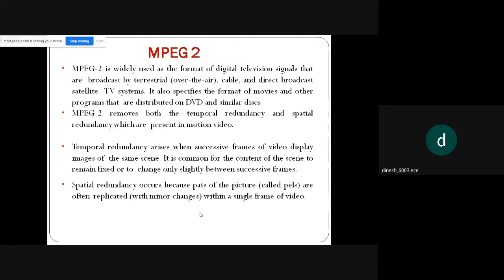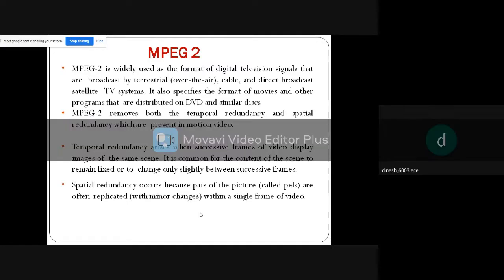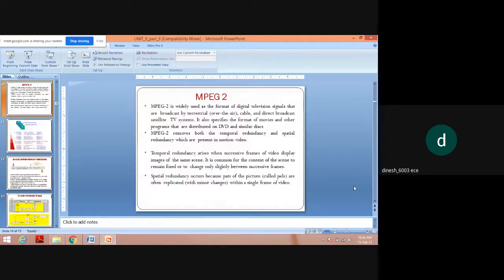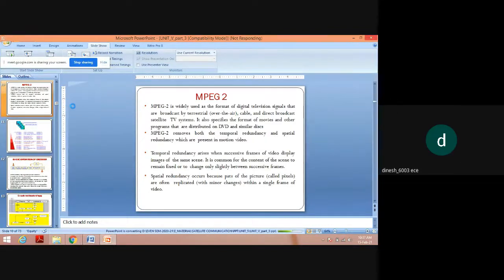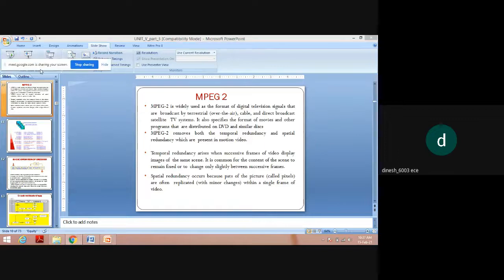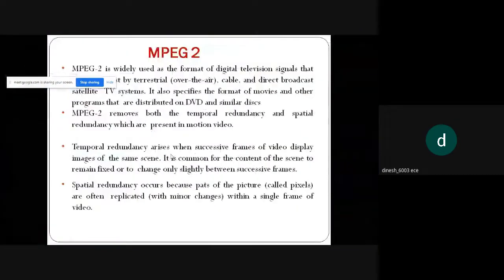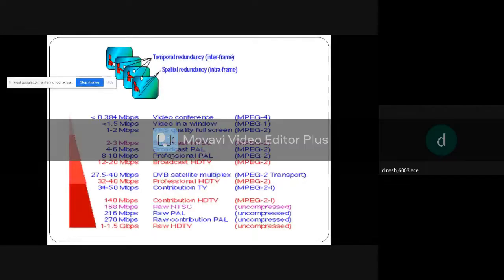Spatial redundancy occurs because parts of the pictures, called pixels, are often replicated with minor changes within a single frame of video. So you can see the temporal redundancy and spatial redundancy